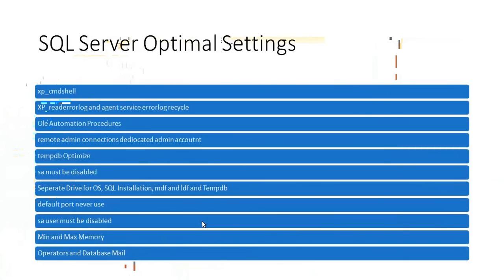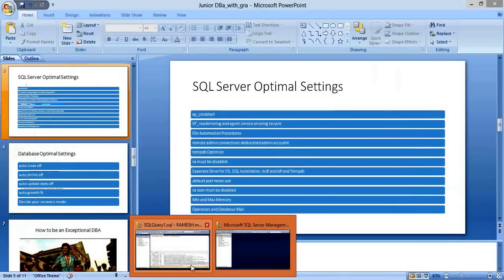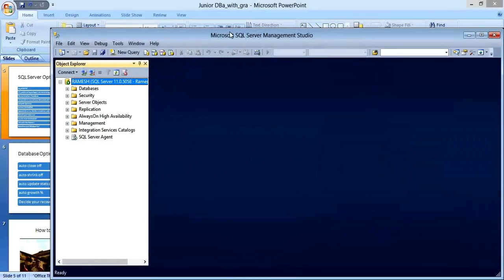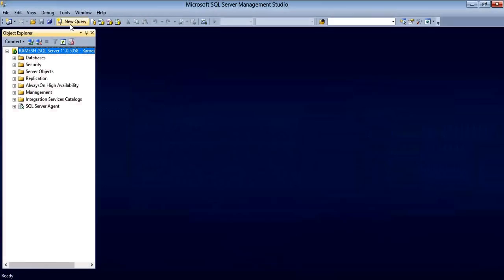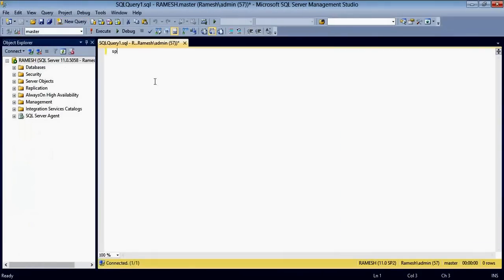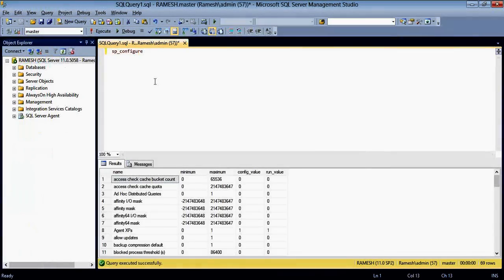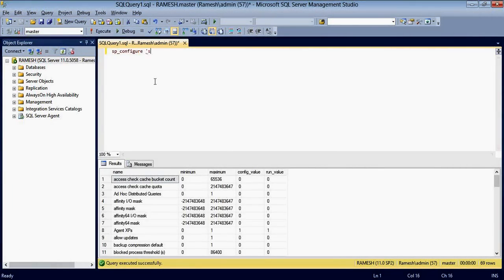Just to know how, in a new query, run sp_configure, show advanced options.